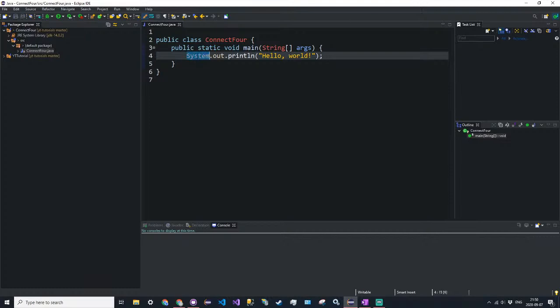Alright, so just a comparison here. System is a class itself, and it's automatically imported. Out is a public member of it. So System is a public class, like I said, you can access it. Out is a public member, and println is a public member of the out object. So println is a public function, meaning we can access it outside of the stream class here. Alright,